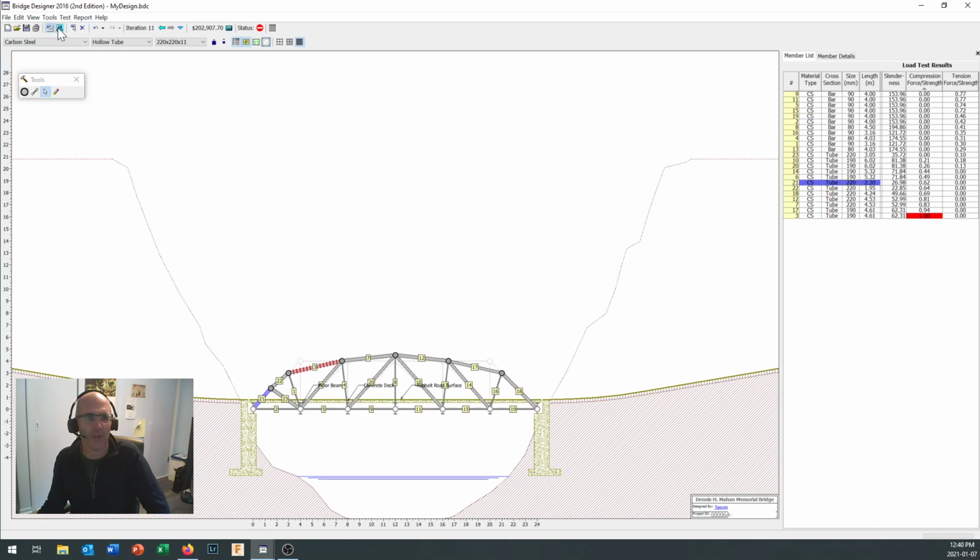And when you're on that load test, you can see the loading coming in there and you can figure out, okay, well, if that one's pushing up on that node, then that node's pushing over there and that node is coming down this way. You can start thinking about all that so that when we come to doing the math behind it in class, you're not trying to figure out, well, what's he talking about? You've actually seen it in action in a friendly user interface, because we do have some math coming for you,